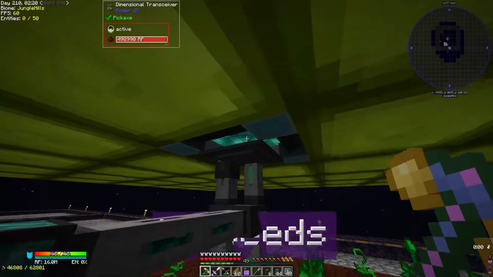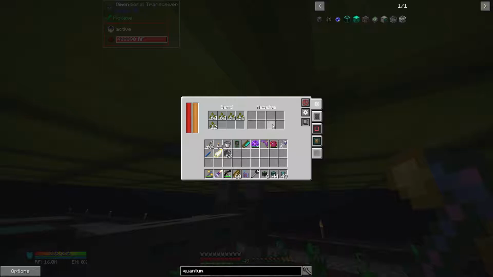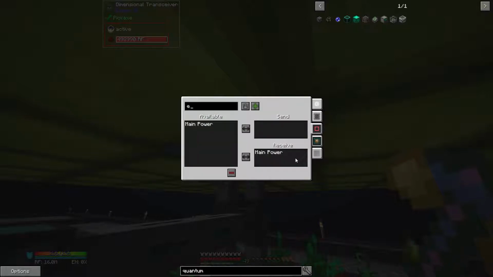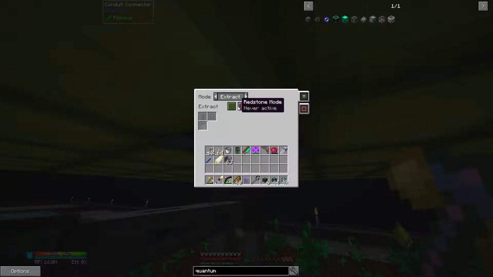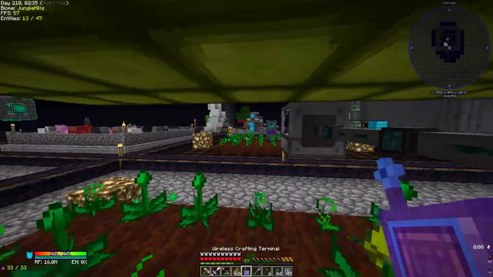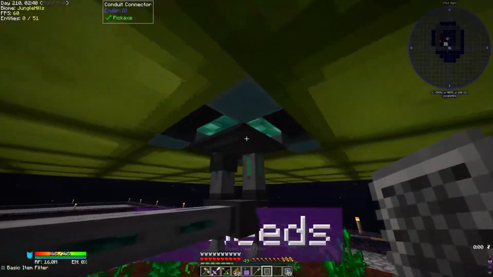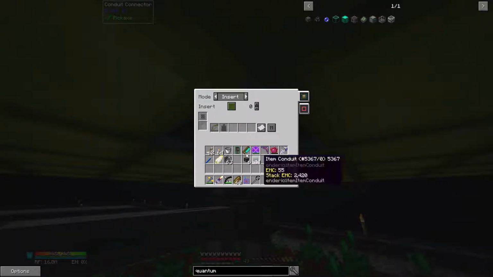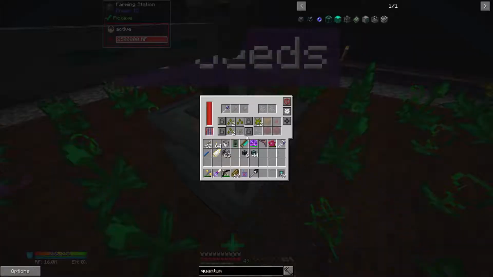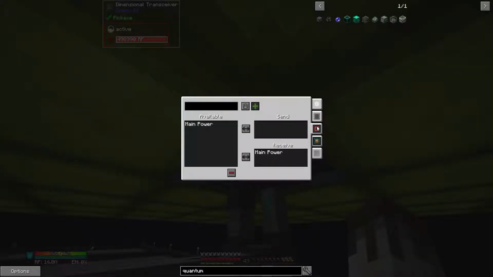Or I could set a filter to only input seeds into here. That might actually work. So if I get a filter, we're going to make quite a few. That's the only concern. But we will do an insert with filter, and I only want Inferium seeds going into there. And then we can also do